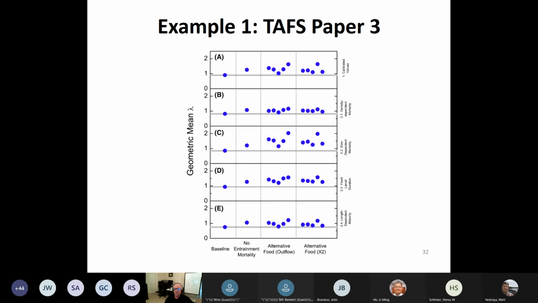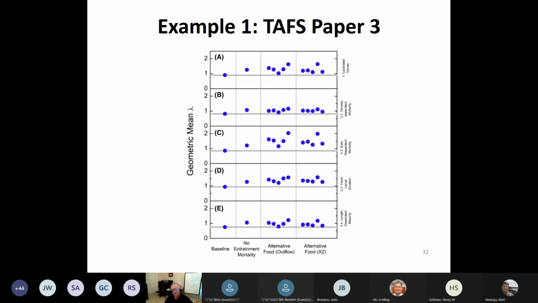Mortality, I told you, is based on the stage. Well, maybe it's more continuous and based on their length. So we did that for C. We didn't like the results we got with old food. The larvae were doing worse. So we said that seems odd, and we looked at it. So we removed that effect by making larval duration a constant. So this is the beauty of this kind of model: you can go in there and do that. And then finally, we made maturity length dependent instead of a step function.